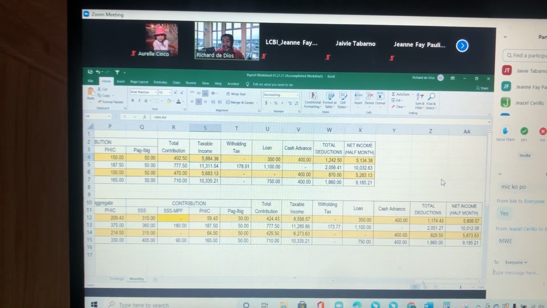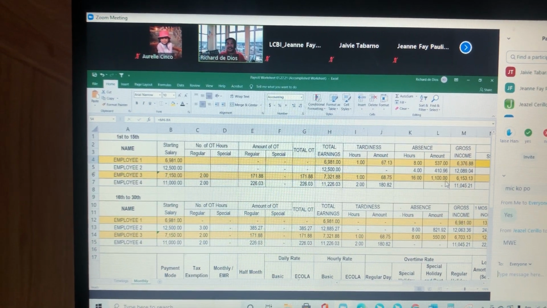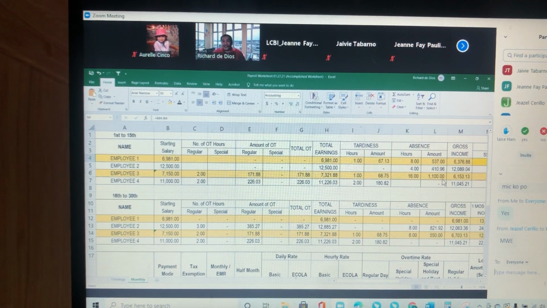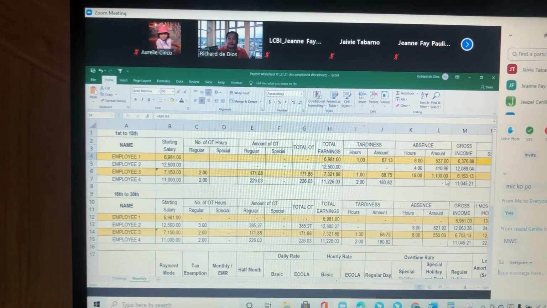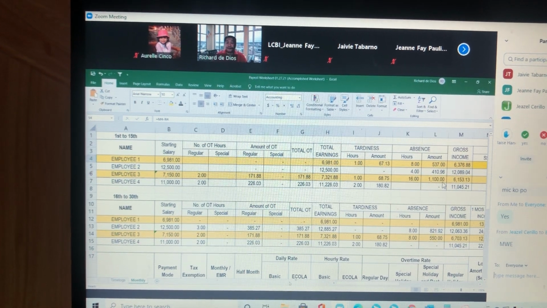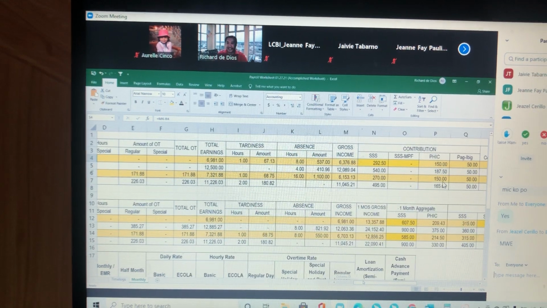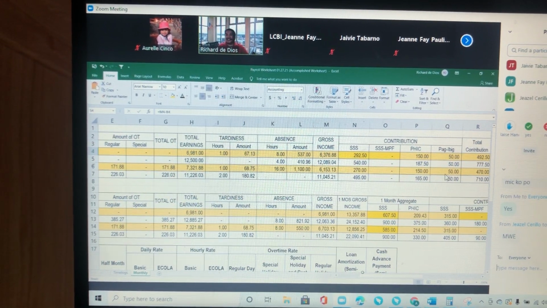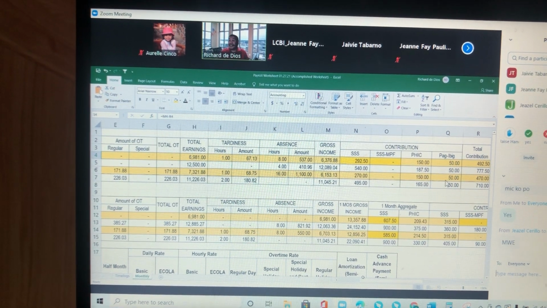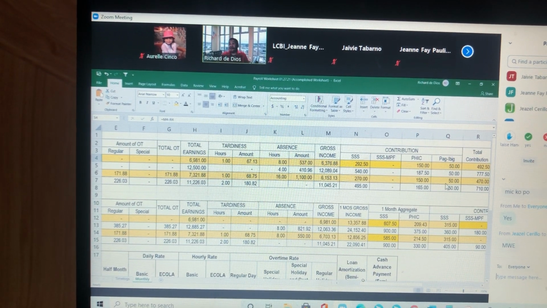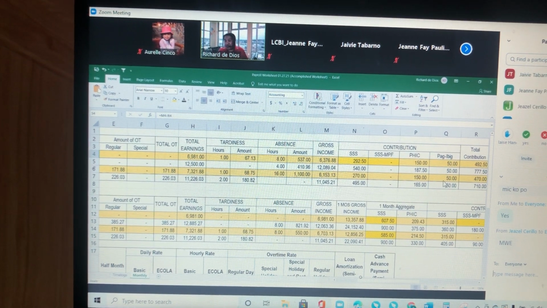Okay? Any question po? May question lang. Sige ma'am, go. Question lang po dun sa computation ng withholding tax. So ma'am, we have to deduct first, sir, yung government contribution bago. Yes. Ano po kasi siya, tax deductible po kasi ang mandatory benefits. So, kailangan ibawas niyo po. Kung hindi